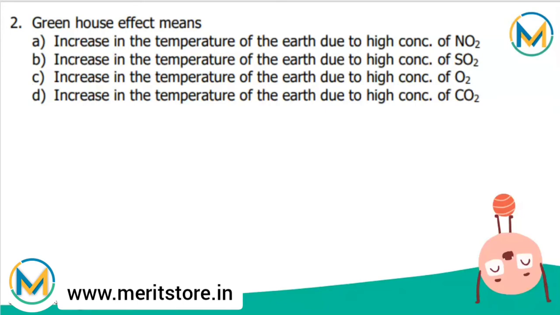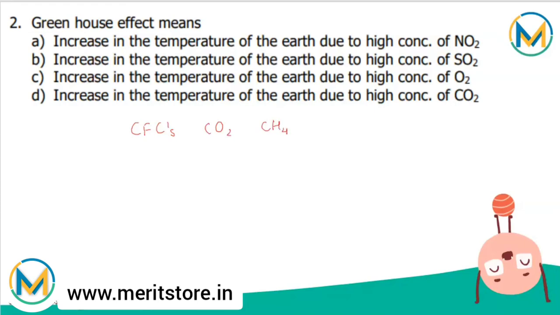So the warming of Earth's surface when sun radiations are absorbed and trapped in the Earth's atmosphere is called the greenhouse effect. The gases responsible for greenhouse effect are called greenhouse gases, which trap the radiation and don't let them reflect back from the Earth's surface. The greenhouse gases are CFCs, that is chlorofluorocarbon, carbon dioxide,